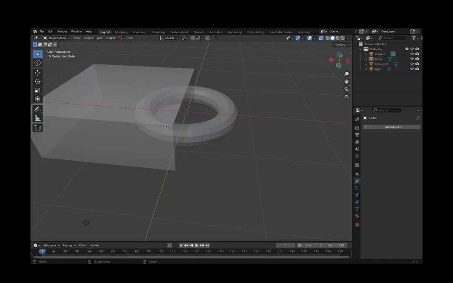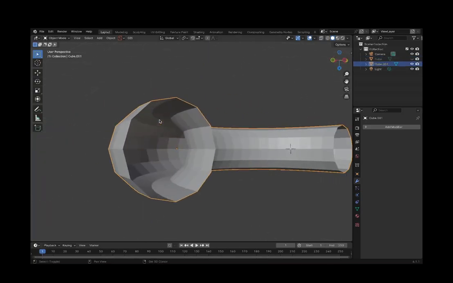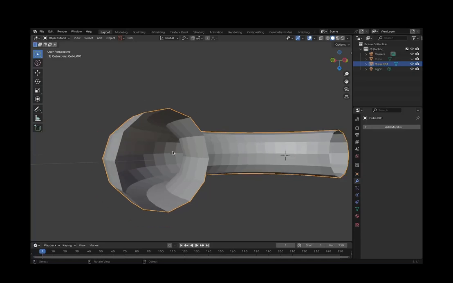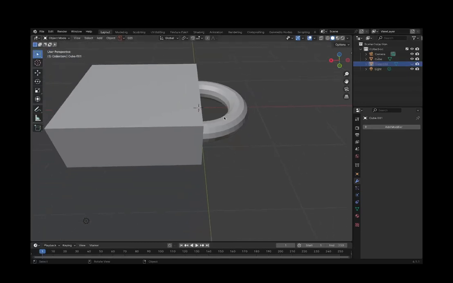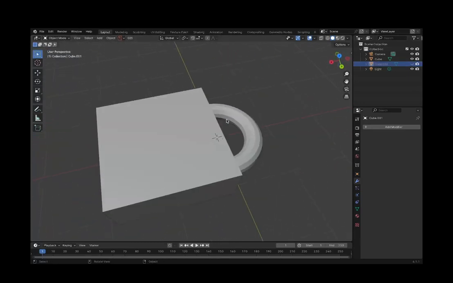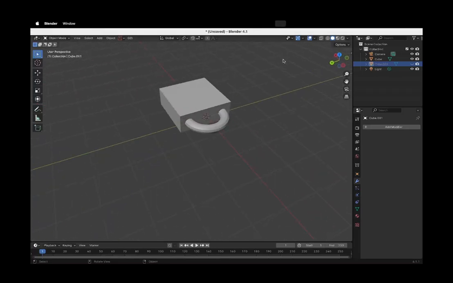And now you'll see if we hide our lock, we have the rest of the donut remaining, which we can use if we want. And let's hide that and unhide the lock. So that's how to join and separate objects in Blender.